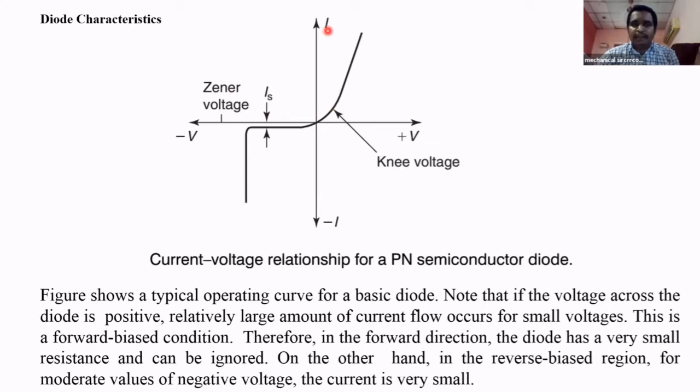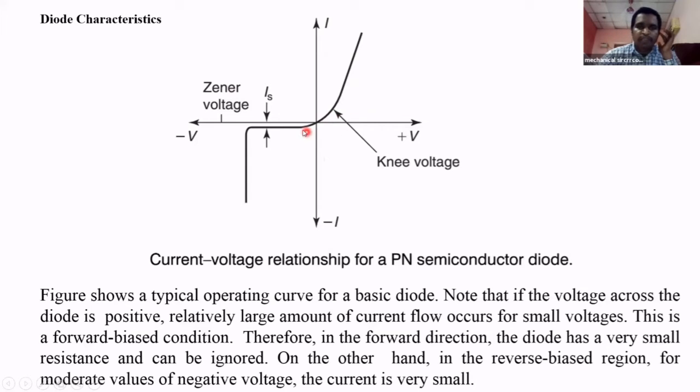The current on the y-axis increases suddenly, which means the resistance of the diode is very low. The initial resistance of the diode is very low. If you supply a voltage more than the threshold value, that is 0.7 volts, a sudden increase of current is possible. It shows the increase of current with respect to voltage. Initially low, beyond the knee voltage the rise of current is very high. This is the relationship between current and voltage in forward biasing.